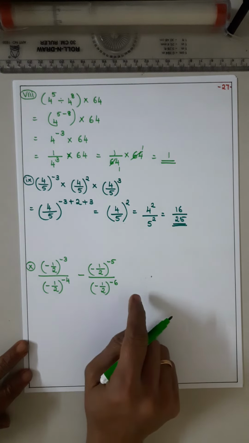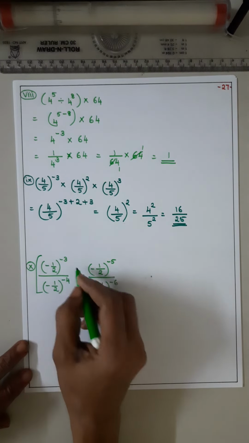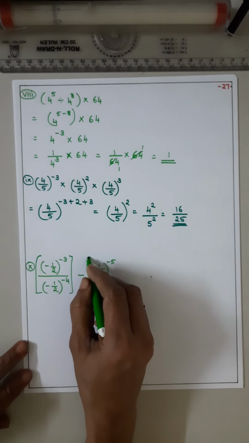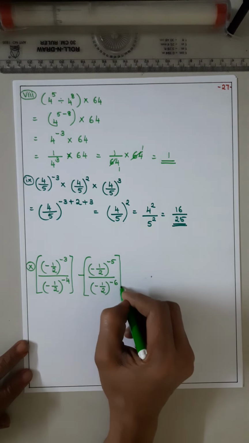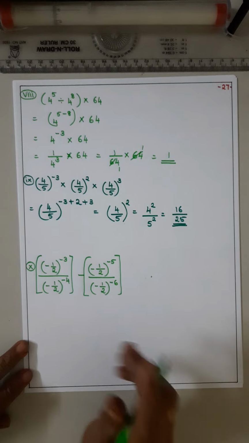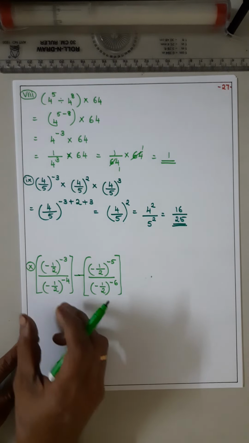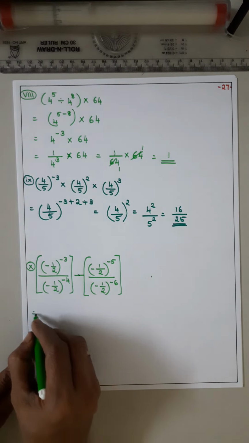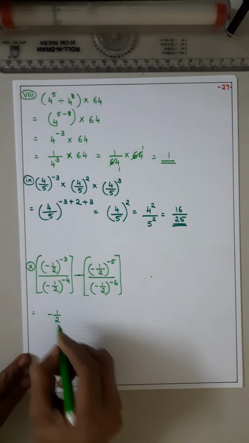So question is given like this. So we will put extra one bracket. Like this you put. Now it will be easy for you. So first solve this. It is a -1/2